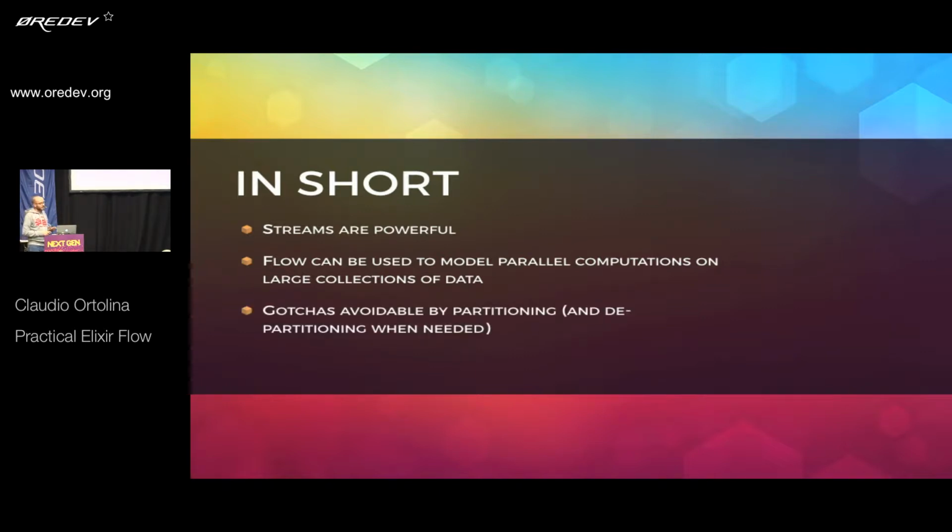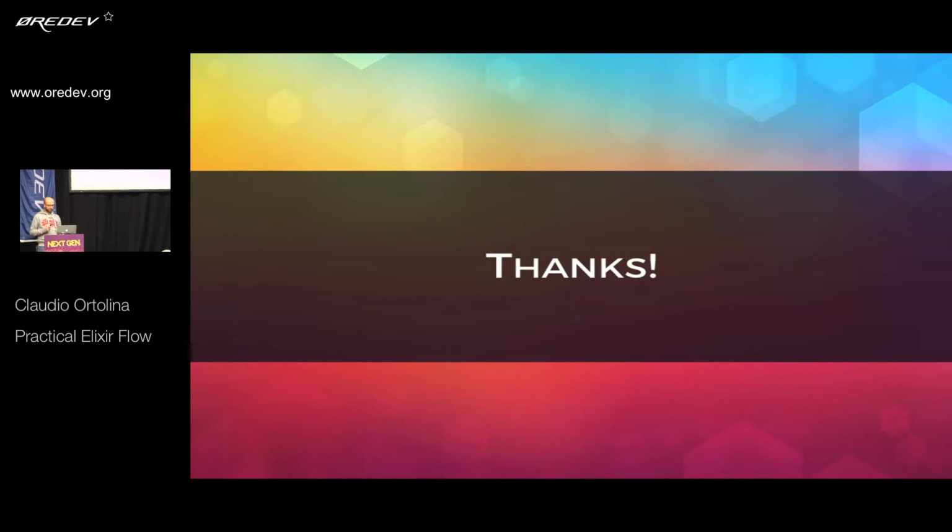They are avoidable, but it requires a little bit of reading around partitioning. There are other things we couldn't fit in 40 minutes which are interesting about the library, like you can do calculations over windows of time or amount of elements, and basically get batches out. For example, give me all of this computation every 10 seconds and things like that. So I would encourage you to read the documentation to see how you can do it. But that's pretty much the gist of it. Okay, thank you.